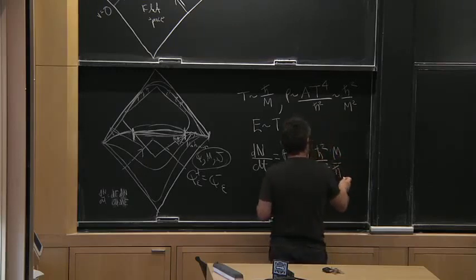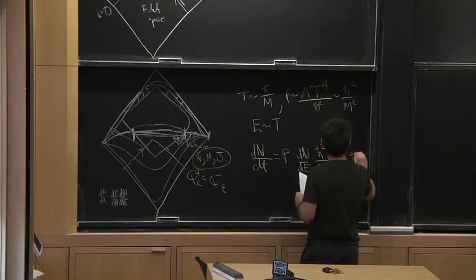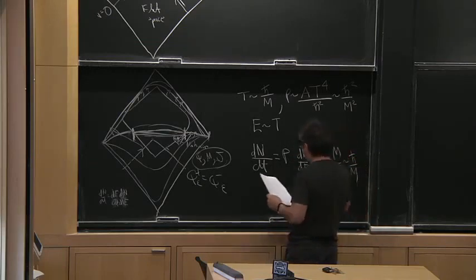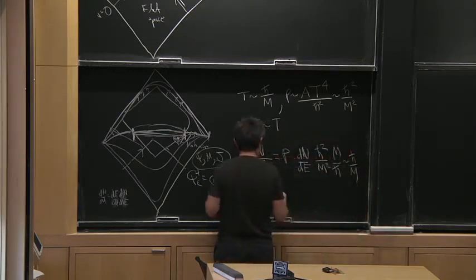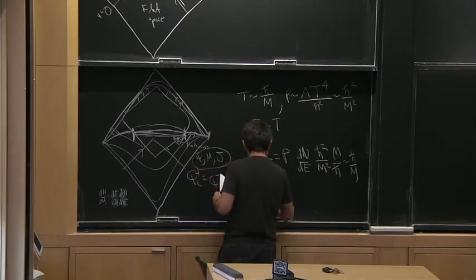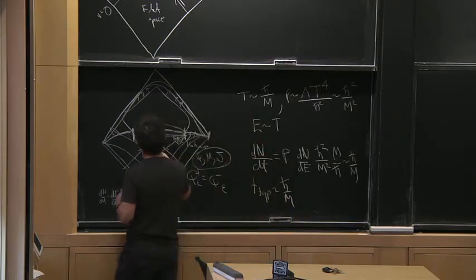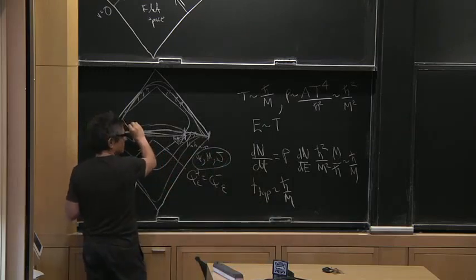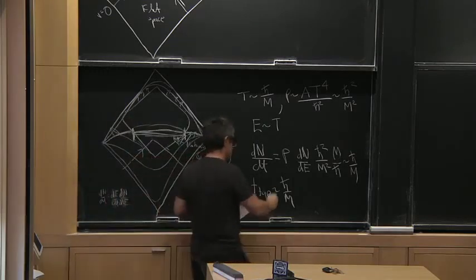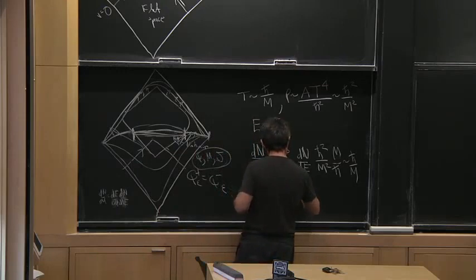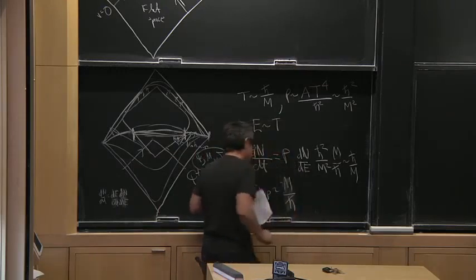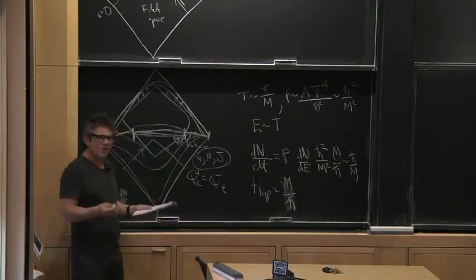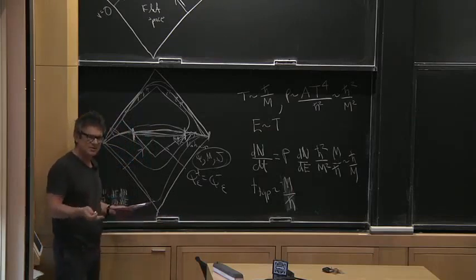So dN/dt is h bar over m. So the time for one to come out is 1 over that, which is m over h bar. So we have to wait a time of 1 over h bar just to see one